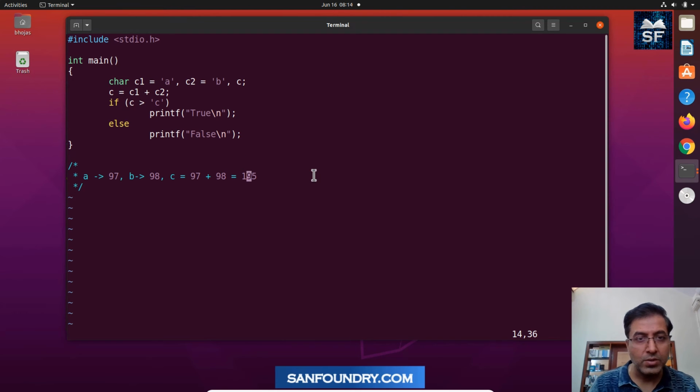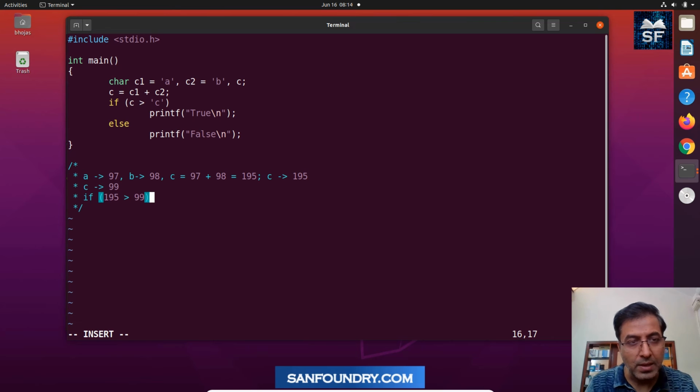which is supposed to get stored in c. So we are storing 195 in c, and you can see that that should be the value which gets stored in c. Okay. Now what is the ASCII value of the symbol c? c has an ASCII value of 99. So the question is, if we compare 195 with 99, what should be the natural answer? The natural outcome for this is basically true. Yes, if this is greater than, it is true. So what happened all of a sudden that we got the answer as false?